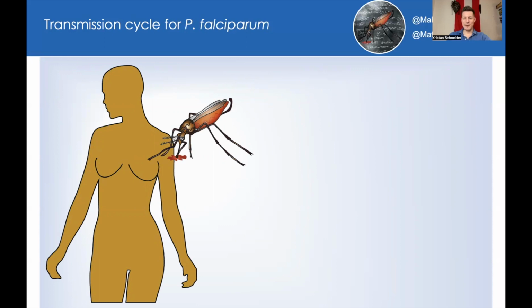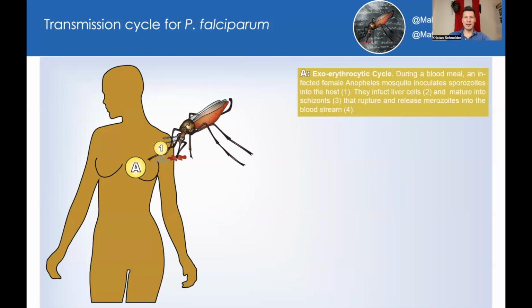Female mosquitoes need to take blood meals because they need the protein from the blood in order to hatch their eggs. If malaria transmission from mosquito to human occurs, the mosquito inoculates sporozoites from her salivary glands into the